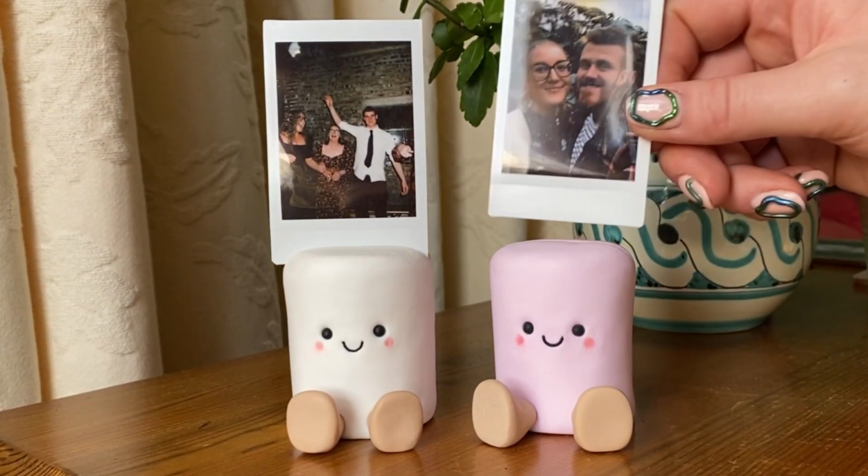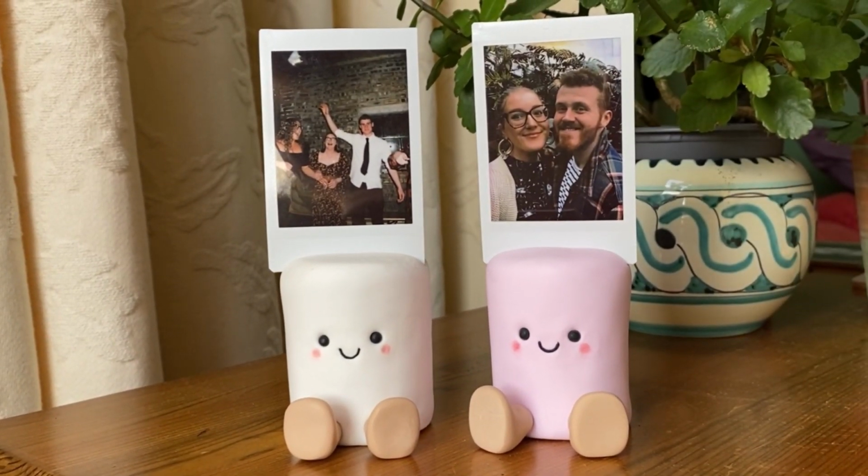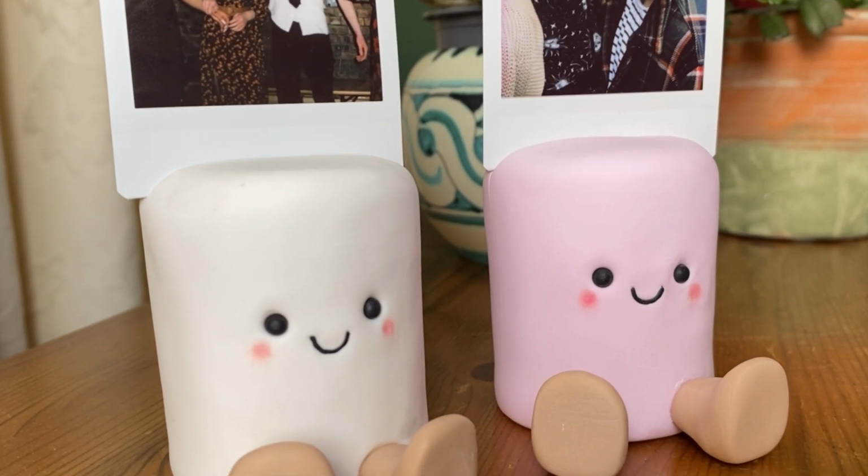If you'd like to learn how to make these adorable Jellycat marshmallow photo holders using polymer clay, then keep on